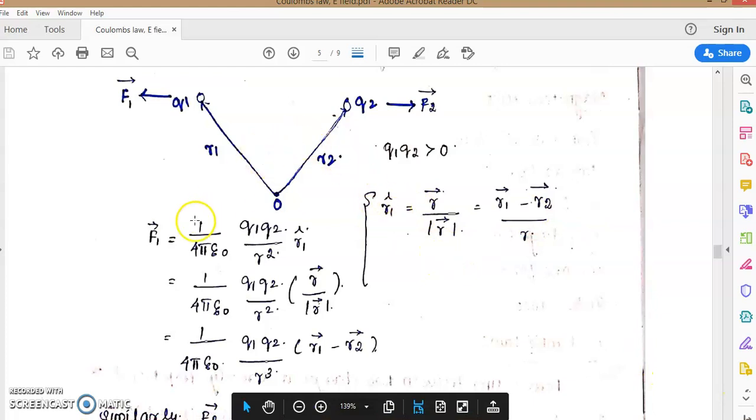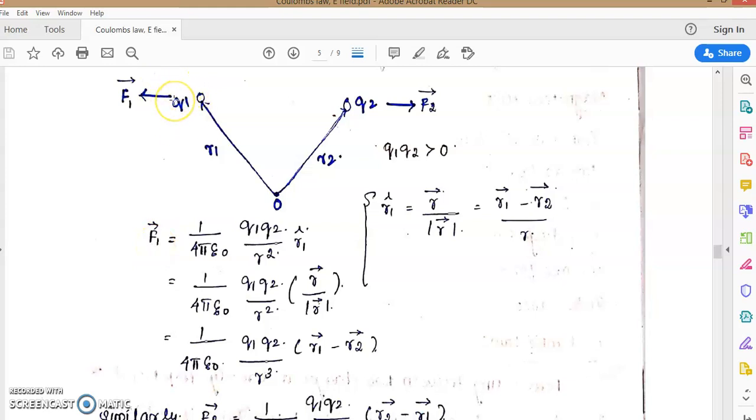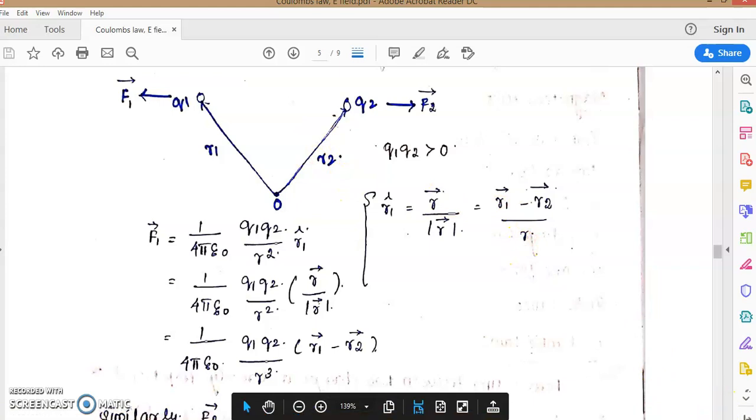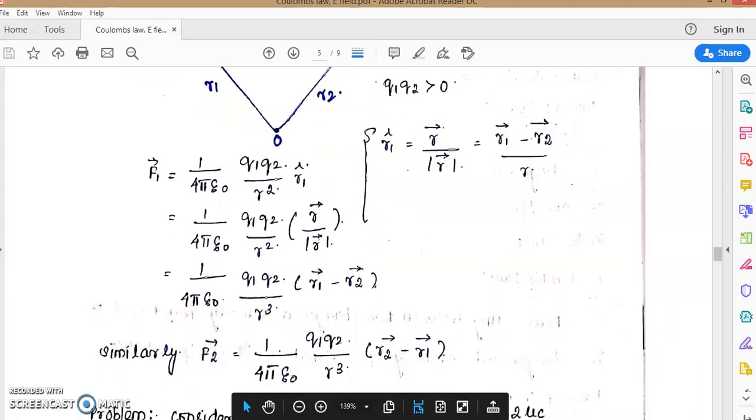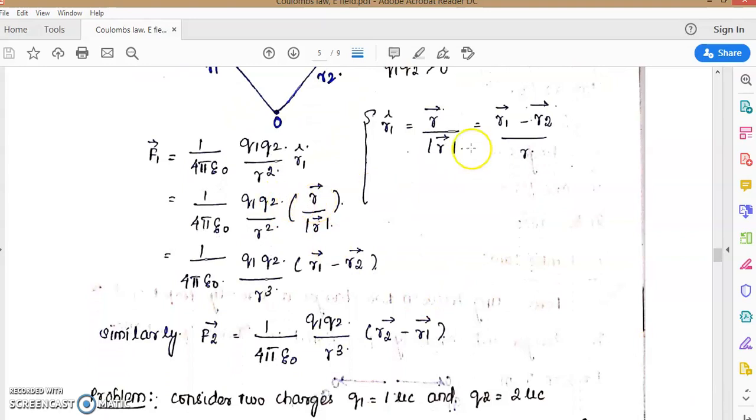Again I will explain. Now we are going to calculate the force F1. F1 is nothing but the force acting on Q1. Q1 is situated at a distance R1 from the origin. From this side only we have to concentrate. From this side, what is the distance here? First R1. So we have to subtract, R1 minus R2 divided by R. See the equation here. This R is replaced by R1 minus R2. Already the denominator R square term is there. Here again one R, when we multiply this, it becomes R cube.